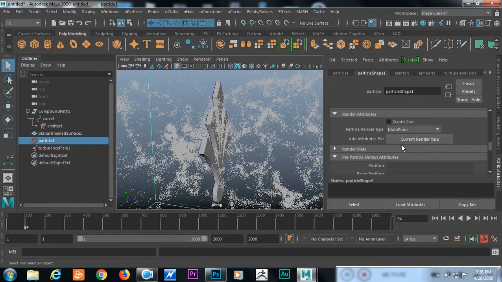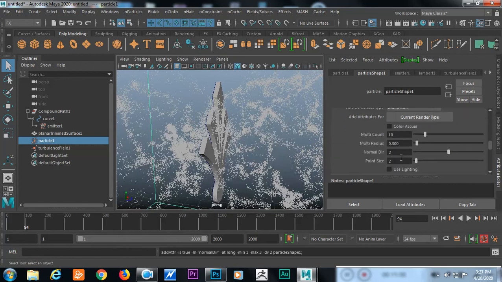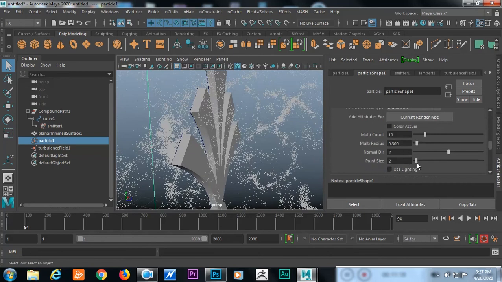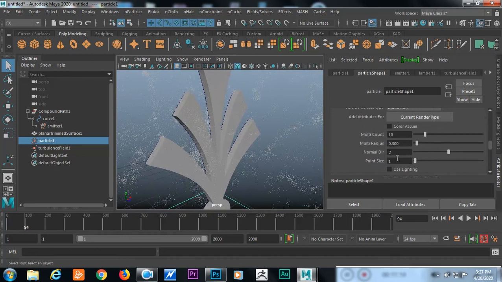So I'm going to click on the current render type, and point size I want to reduce to 1. So smooth particles there, and particle multi count I'm going to increase to, let's say, 20, 30. Okay, now we'll check what's happening.